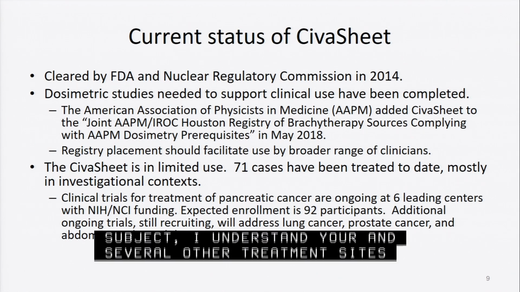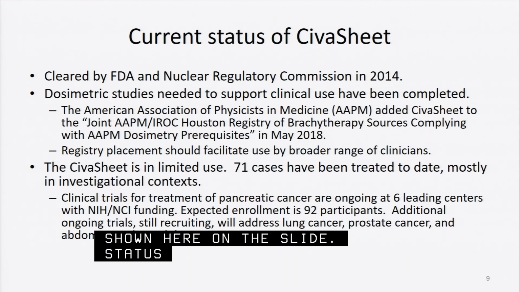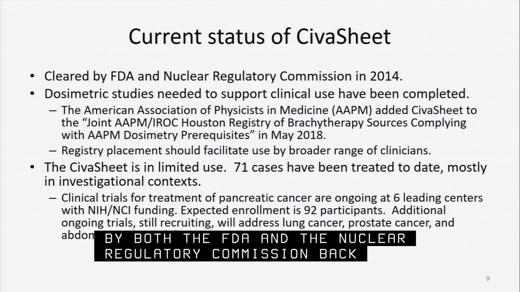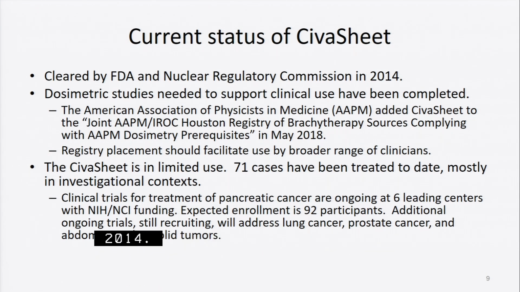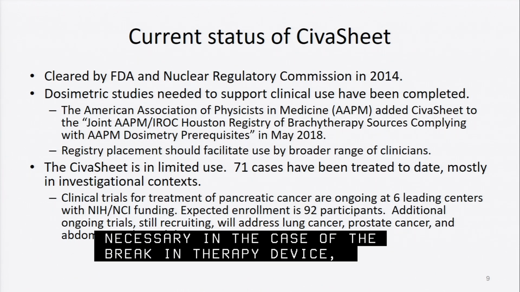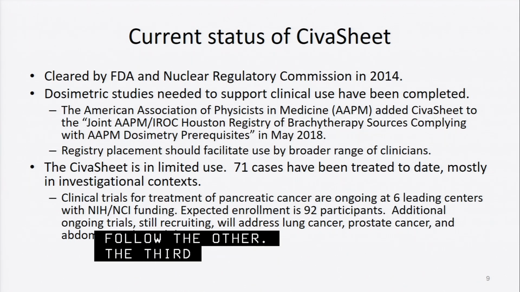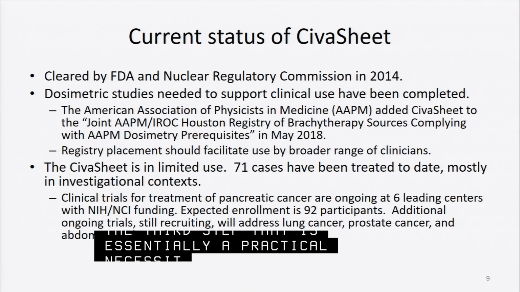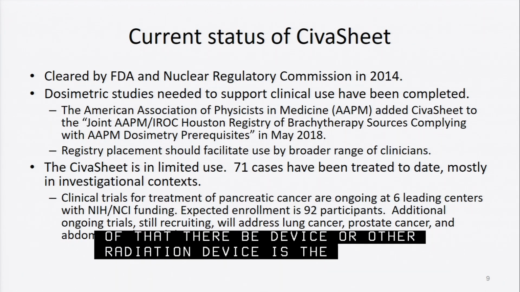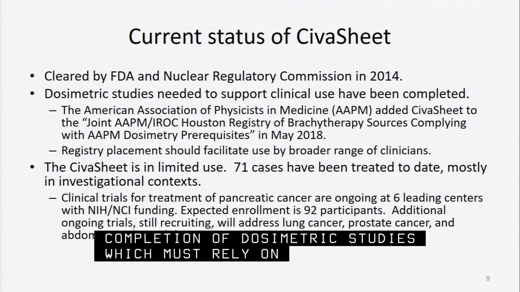Status today, this was cleared by both the FDA and the Nuclear Regulatory Commission back in 2014. That's some while ago. Both of those steps are necessary in the case of a brachytherapy device. One follows the other. The third step that is essentially a practical necessity for widespread diffusion of a brachytherapy device or other radiation device is the completion of dosimetric studies, which must rely on the 2 prior clearances before you can get started on them, and the